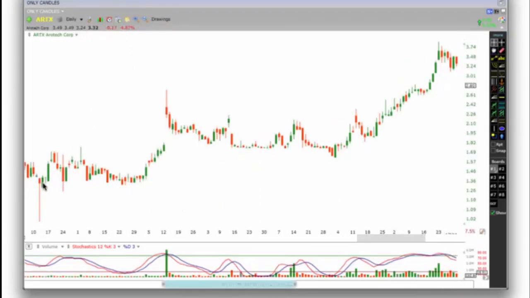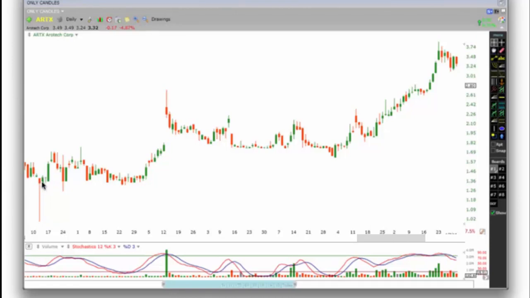ARTX, after a downtrend, we see the appearance of the hammer. Look at this long lower shadow, all the way down to $1. After this big selling day, the bulls took the price up. The following day opens with a green candle. The price opens below the previous day's close. Right after the open, the bulls took the price up to the previous day's open. So this makes another very important signal, the bullish engulfing. We have the hammer and the bullish engulfing.